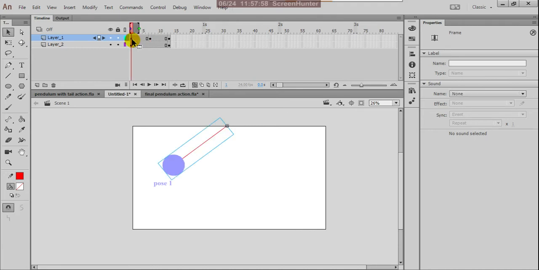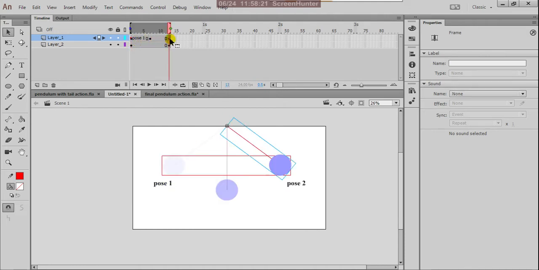So that is the reason we call this pose the breakdown. So here I'm giving a name in the Properties panel, label name pose 1, pose 1. Here, and in the timeline it is displaying here. For this frame I'm giving pose 2, pose 2.